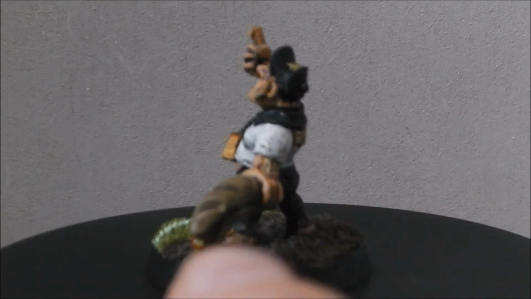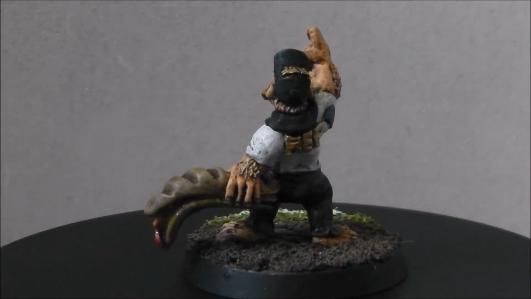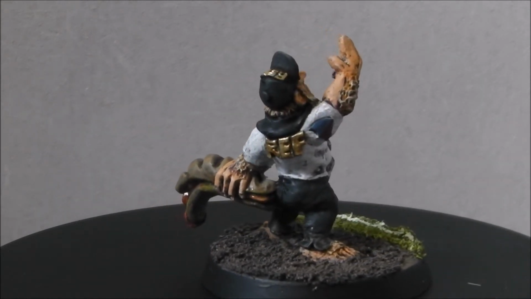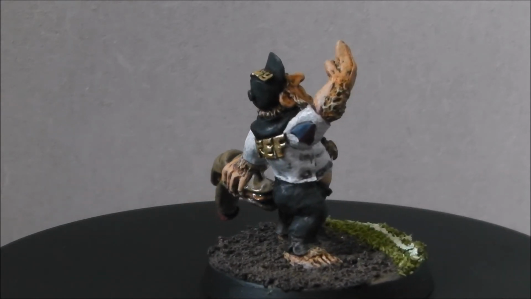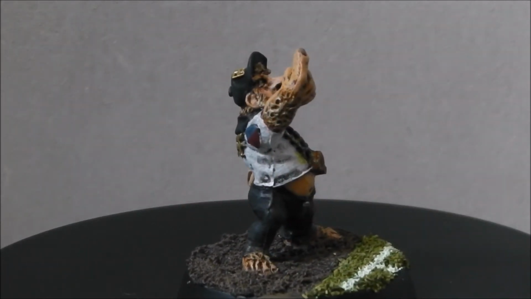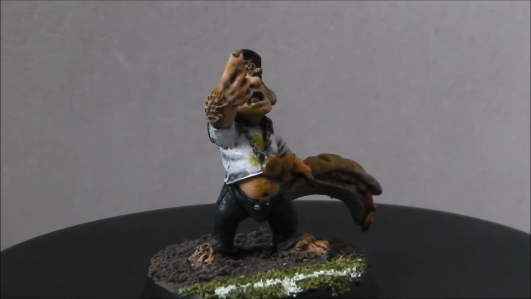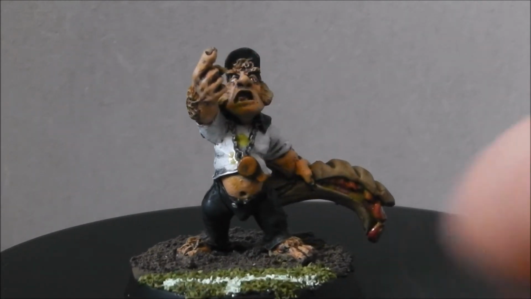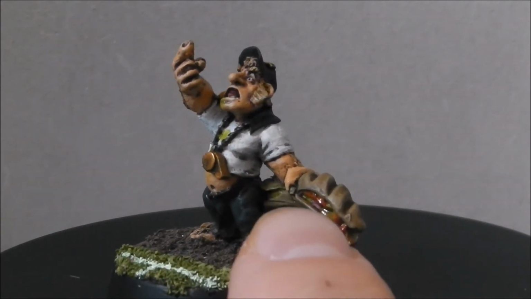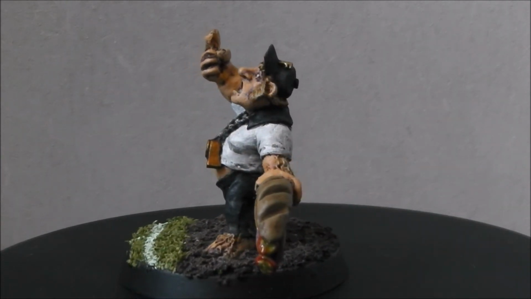So with the sandwich, I believe I started with Zandri Dust. That's the one to do the actual bread roll, and then picked out the tomatoes and that on the inside with Festin Red, and then just stenciled a few white bits to give the tomatoes a bit more character. I've also added the slice of ham underneath, and then I've put Nurgle's Rot over the top